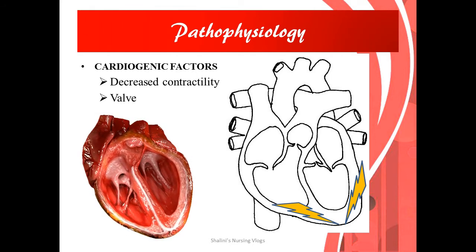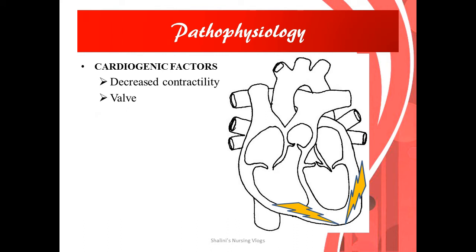The second case is when you have a valvular disease. In case of a valvular disease, for example, mitral regurgitation, what will happen? The blood from the left ventricle will go on to the left atrium, and from there it gives a pressure onto the pulmonary system through the pulmonary veins, and there is pulmonary congestion. That's how the patients will present to you with orthopnea or dyspnea, breathlessness, crackles in the lungs and things like that.